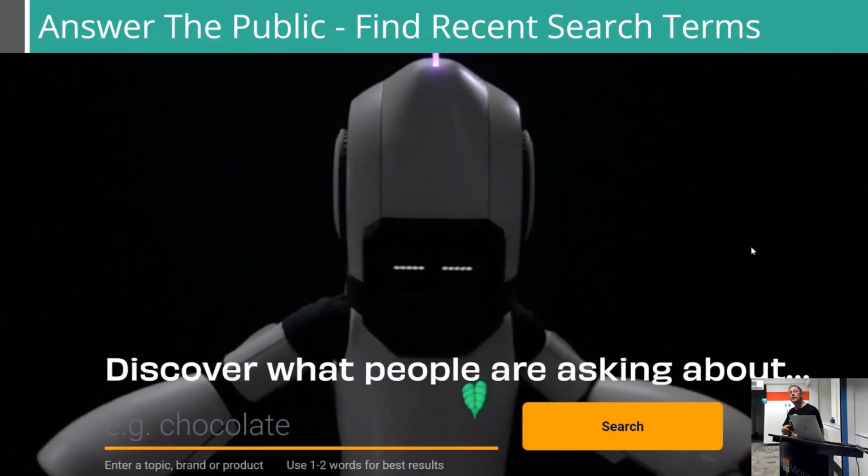The third good tool is one that's been bought over by Neil Patel, who's a big SEO marketing guru. But this records recent search terms, what people are searching for within those particular keywords. It's really, really good. And you can use it for free. I think there's a lot of good information for free. I think it limits searches per day that you're doing. But make sure you choose your country. It defaults to America, to the US. So if you're targeting Australia, make sure you type in Australia before you do any searches.